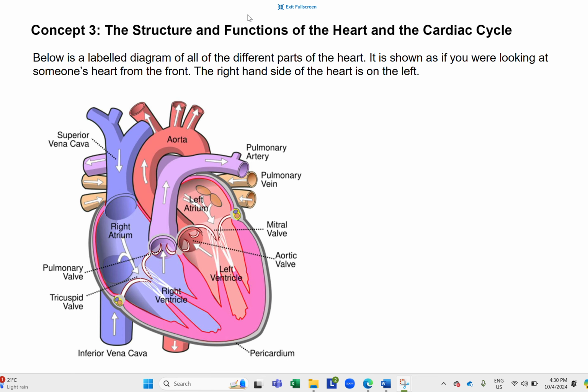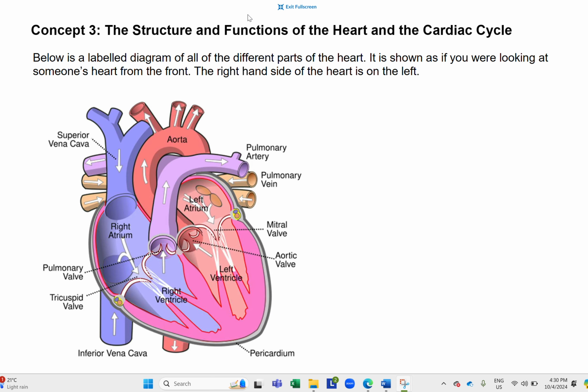Hi class, so in this third concept we are going to be taking a look at the structure and function of the heart, and we're going to look at the cardiac cycle, which is what happens when your heart beats. So we're going to start with a diagram of the heart and the pathway of the blood through the heart